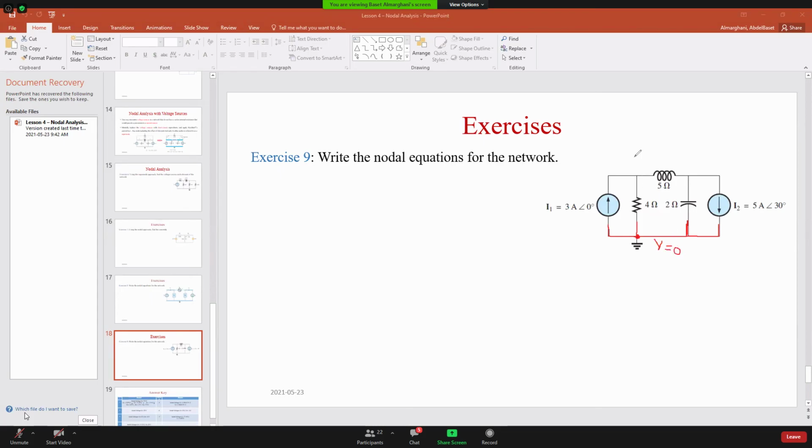Then I have two nodes, one here. There are three branches connected to this node, V1. And then here, V2. Now I don't have the super node thing because between the nodes, I don't have the voltage source. So just normally two nodes. So node 1,